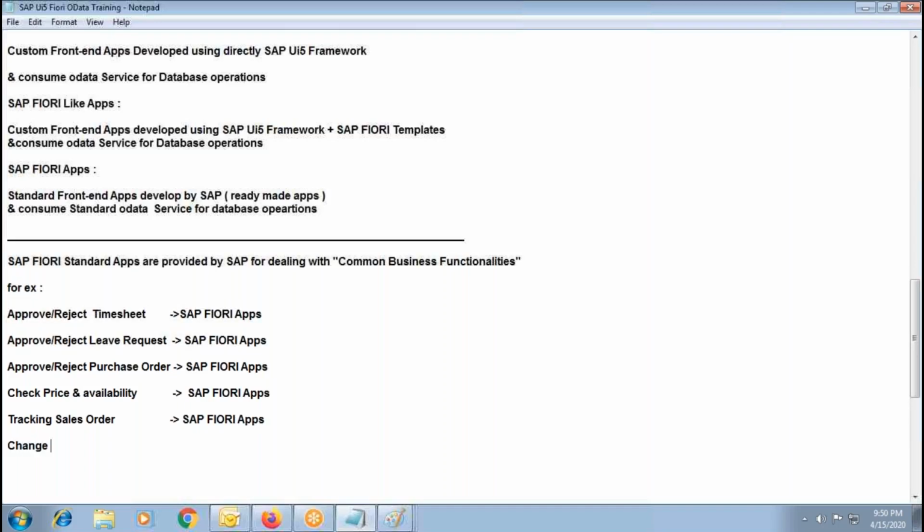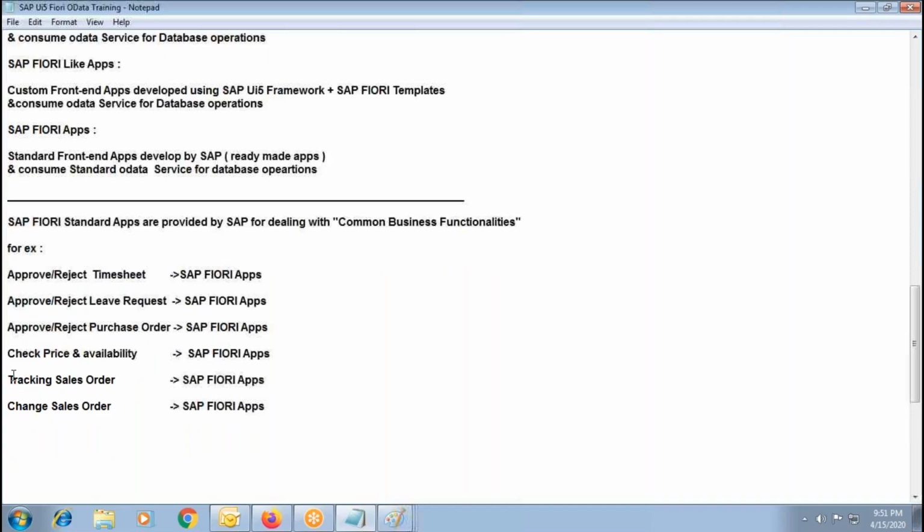And changing sales order, that is also a common requirement. So SAP has provided a Fiori standard app for that. It's a ready-made app. And something like creating sales order. Creating sales order, that's a very common functionality. So SAP has provided a standard Fiori app. So like this,